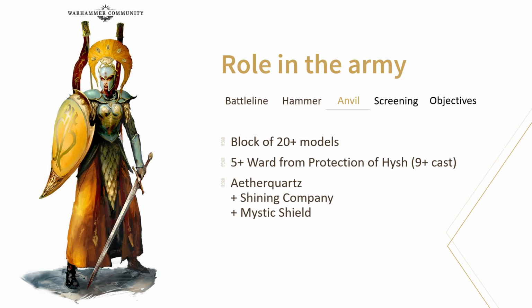Preferably you'll have a unit of 20 models again, just to have some wound redundancy. Make sure you have someone cast Protection of Hish near them, so they'll benefit from a 5+ ward save. Combine it with Aether Quartz and Mystic Shield, which both increase their save by 1, and their Shining Company rule,